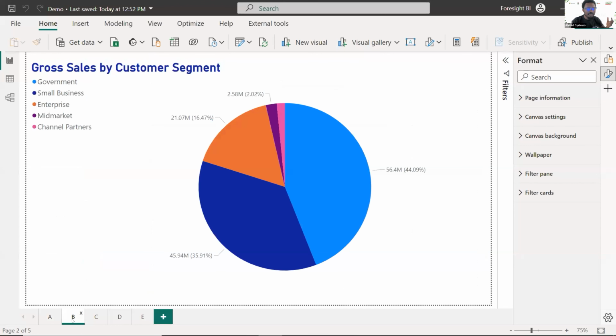Now, my second visualization, the same information, gross sales by customer segment, but this is giving me something different. So is this ranking? Is this ratio? Is it correlation or distribution? Second visual using a pie chart. So this is basically ratio because I can see the proportion of sales that is coming from my different customer